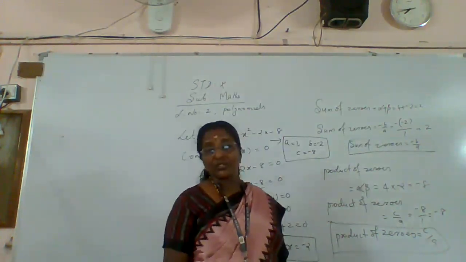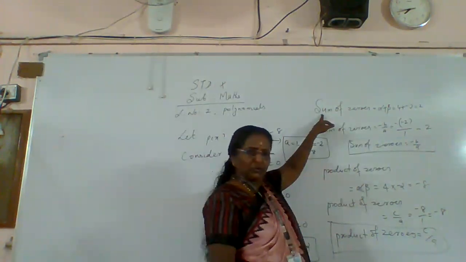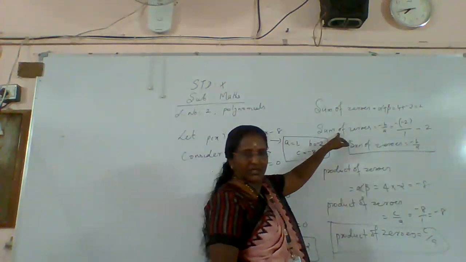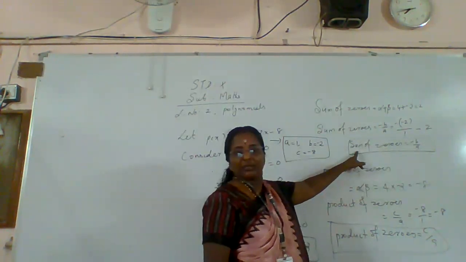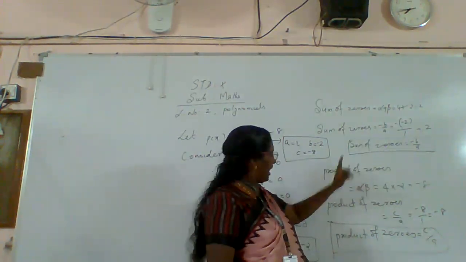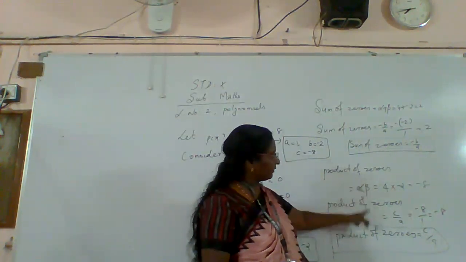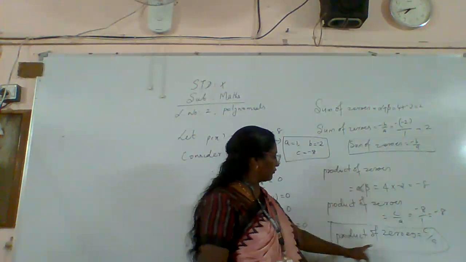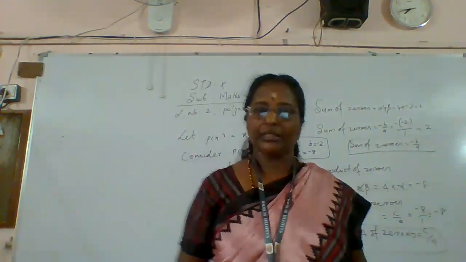Compare the sum of the zeros and product of the zeros with the coefficients. So find the sum of zeros as usual, then verify with the coefficients. Both are correct. You write therefore the sum of the zeros is equal to minus 3. Now in the same way, find out the product of the zeros and the product of the zeros by the coefficient method. Then compare both, both are the same. Therefore, the product of the zeros is equal to the value found. Clear? This is the method.